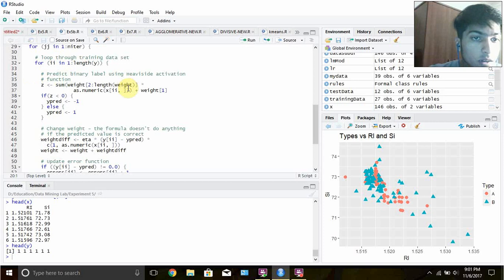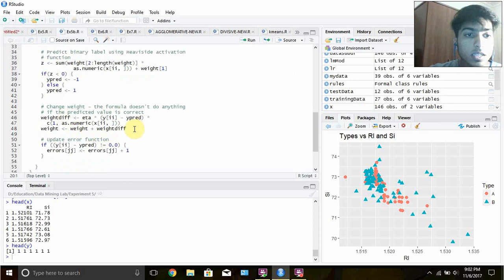The z value is calculated by the weight times the value plus the weight. After you compute the z value, you see what is the predicted y pred. If it's less than 0, it's -1, otherwise it's 1. Later you make a difference in the weight, and the difference is eta, that is the learning rate, times the difference between the predicted value and the actual value, times